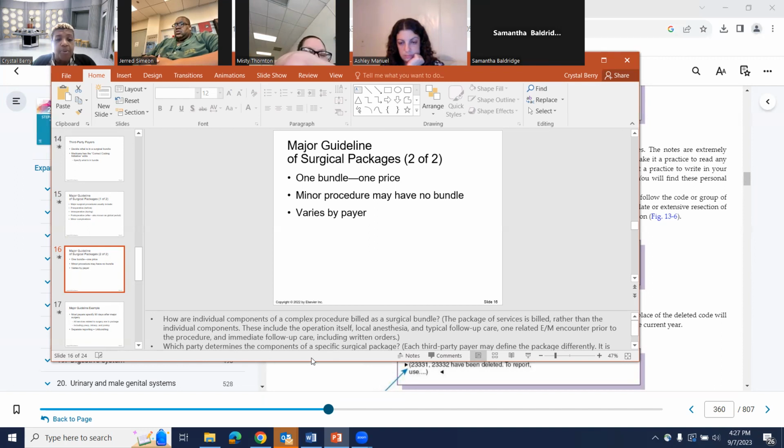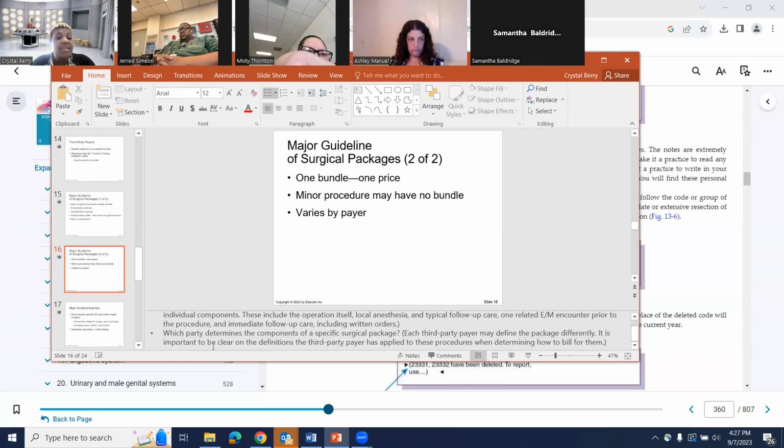Which party determines the components of a specific surgical package? Each third-party payer may define the package differently. It is important to be clear of the definitions the third-party payer has applied to these procedures when determining how to bill for them. So you would need to contact that payer, whoever you're going through, whoever that insurance company is. It might be Blue Cross, Blue Cross Blue Shield, Humana, United Healthcare. So you're to contact that insurance provider or any third-party payer first to see what's included in their